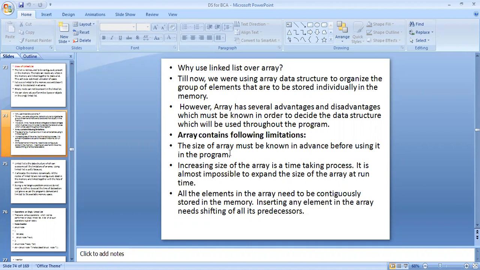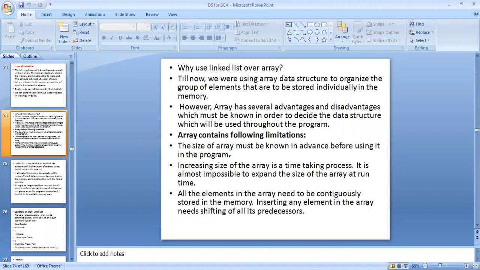An array has the following limitations. The size of the array must be known in advance before using it in the program. Increasing the size of the array is a time-taking process. It is almost impossible to expand the size of the array at run time. All the elements in the array need to be stored contiguously in the memory.